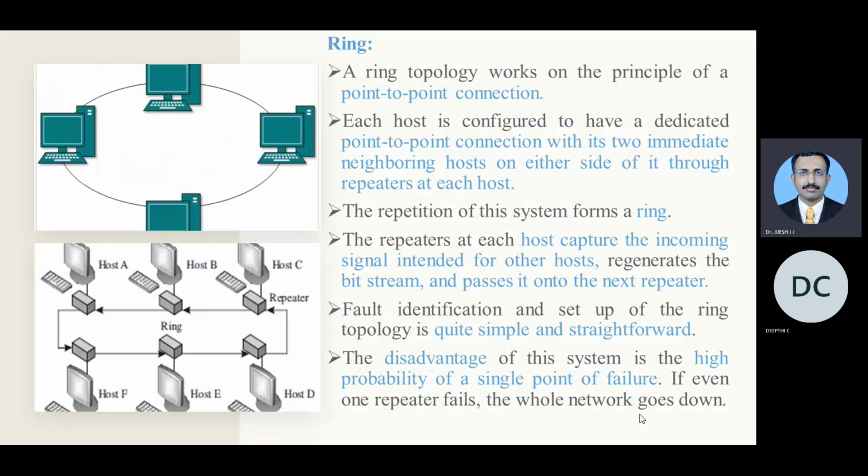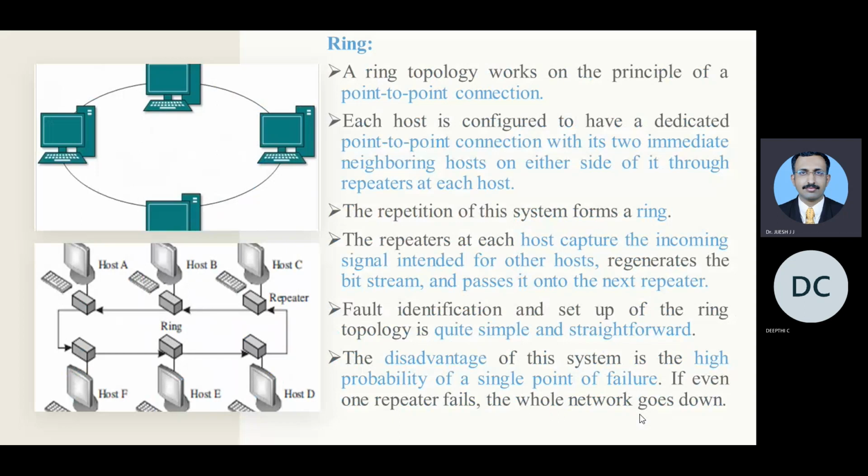A ring topology works on the principle of point-to-point connection. Each device is connected in the form of a loop. One is connected to another, and another is passed on like that. Each host is configured to have a dedicated point-to-point connection with two intermediate